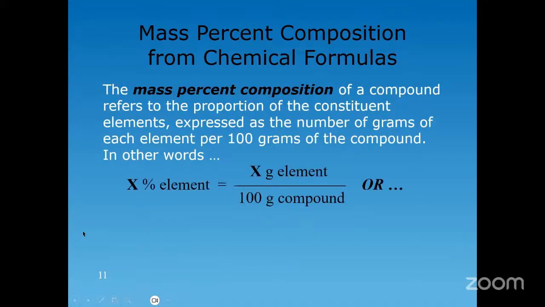So there are a couple of ways this can be done. You can take the mass of the element in 100 grams of the compound, take that divided by the 100, and that gives you the percentage of the element, or you can take the mass of the element divided by the mass of the compound times 100%, and that gives you the percentage of the element that is present in the compound,